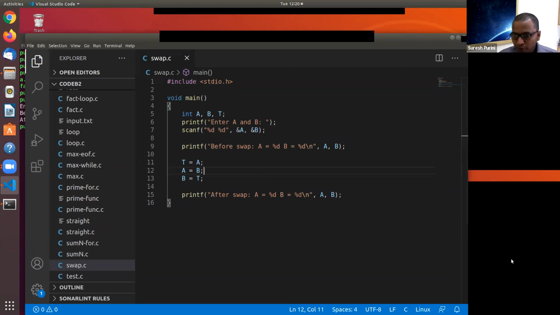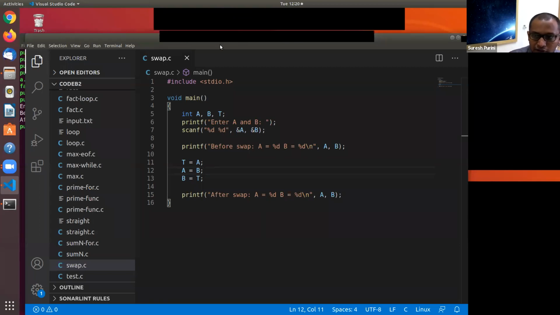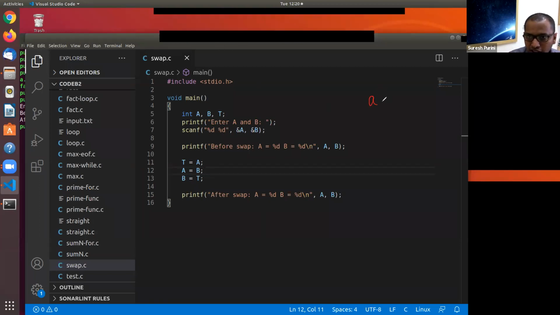There is another approach which Anirudh is suggesting, which is A is equal to A plus B, B is equal to A minus B, and then A is equal to A minus B. I don't know whether it works or not.